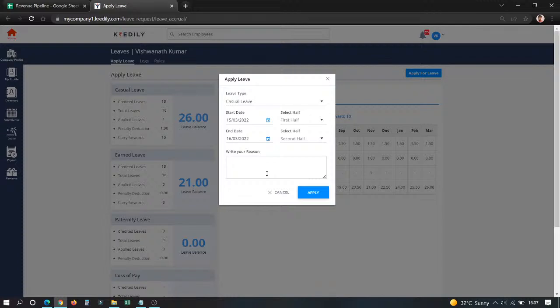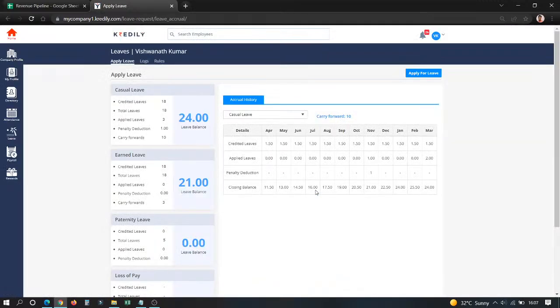I'm going on a vacation or something, so I'll mention the reason and apply for it. So this will again send a notification to my reporting manager and also to my HR administrator. So this is how you will apply for a leave. As you can see, my leave got reduced from 26 to 24 and the applied leave got increased from 1